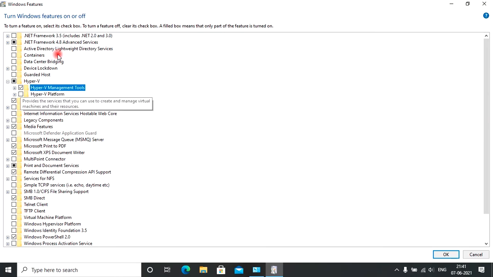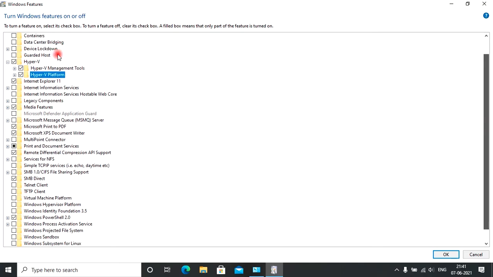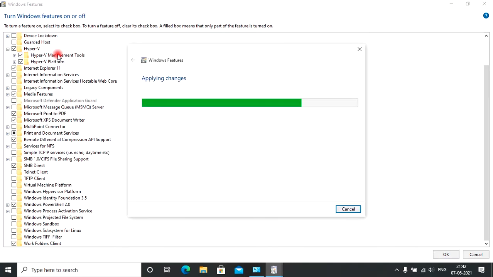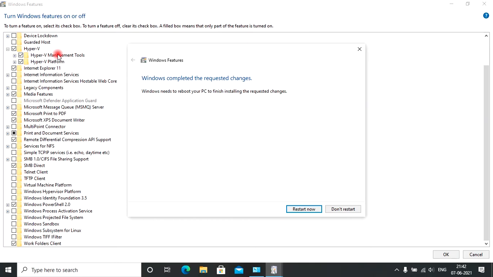I will tick this and I will tick both the options present below the Hyper-V. I will press OK. It is asking to restart the system. I will go ahead and restart my system.